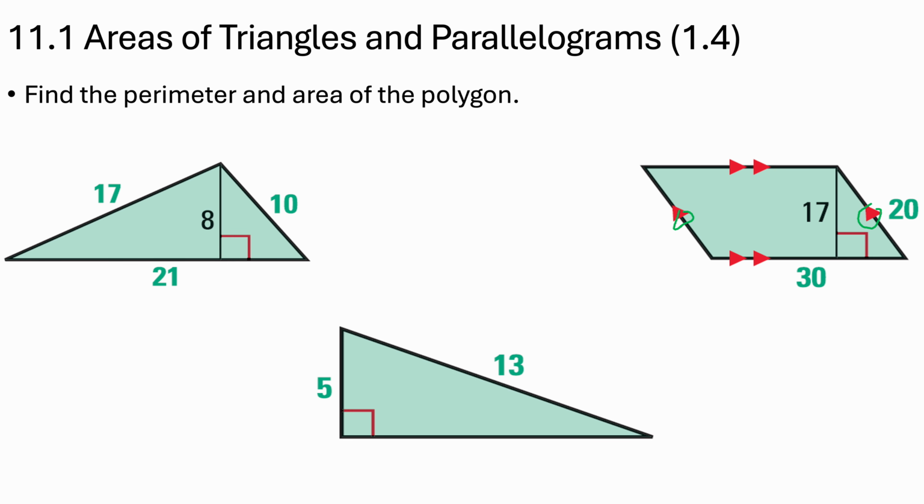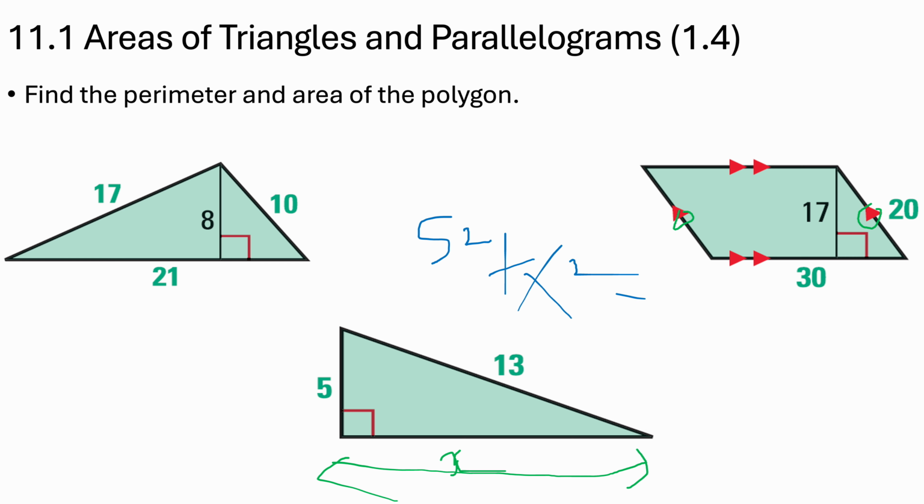Now this is the third shape which is given. For this, if you have to calculate the area, the first thing you have to identify is the base. How much is the base? So you will apply the Pythagoras theorem. If this is x, then 5 square plus x square equals 13 square. If you solve this, you will get the value of the base, and the base will be 12. Once you have the base 12, you can calculate the area by doing half base into height, which will come to 30.